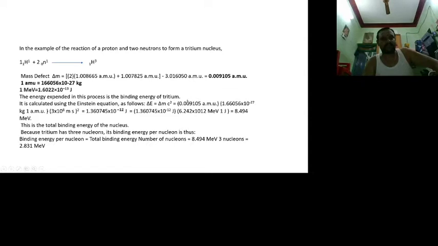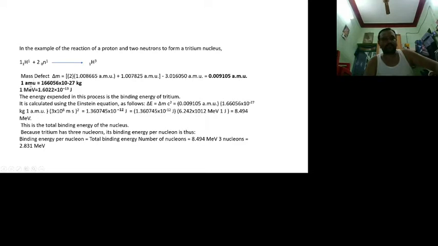We know the mass difference is 0.00910 atomic mass unit. That should be converted into kilograms. One atomic mass unit is equal to this much. So 0.00905 times 1.6056 times 10 to the minus 27, multiplied by the square of the velocity of light, 3 times 10 to the power 8 meter per second. Here all are in kilogram SI units. If you use kilogram, you have to use meter; if you use gram, you have to use centimeter. You square it, and finally you get joule.